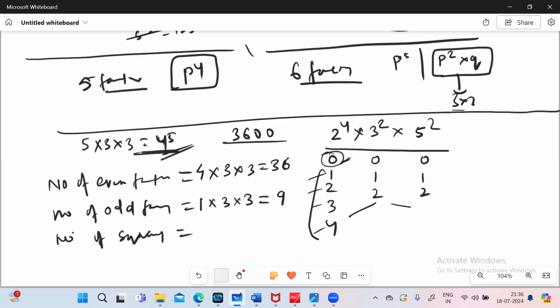And if you want to find the total number of square factors, then we have to take just even powers like 0, 2, and 4. For 3 also 0 and 2. For 5 also 0 and 2. So the allowed powers we need to use for getting a square factor are 3 into 2 into 2. So the total number of square factors are